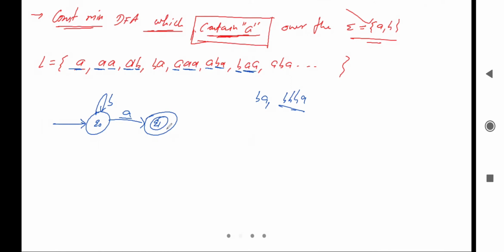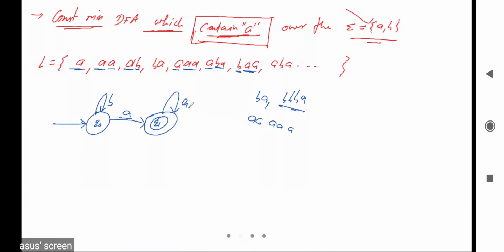Here there is no dead configuration because we have taken the transition for a and b both. Now we'll check for this one. Can we take the loop of a? Yes, because after 1 a there can be 2 a, 3 a, 4 a, 5 a and so on.